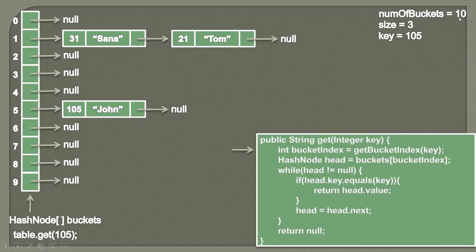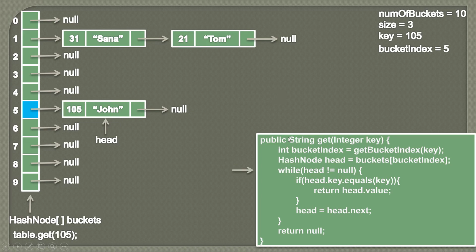So when 105 is divided by 10, we get remainder as 5. So the bucket index is 5 for this key. It means that at index 5, this key might be present or it might not be present. Moving ahead, now as we have figured out the index, we try to access the hash node at this index. So we do buckets and pass in the index. This will return us a hash node, which would be nothing but the head of our list of nodes which can be there on this index. So head will point to this hash node because this is the first hash node in a list of hash nodes.